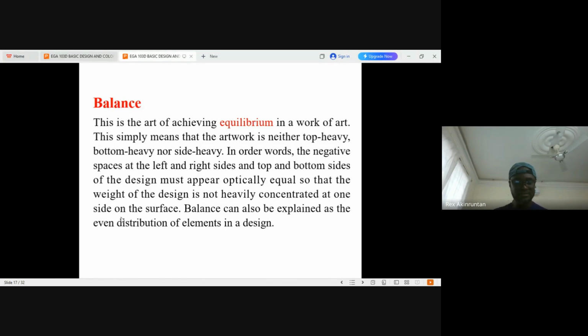The reason is that there's something hanging on this left side and there's something hanging on this right side. And so optically, when you look at it, you see that one side is not empty while the other side is occupied. So once you have one shape here and the other side is empty, that's where you find the issue of